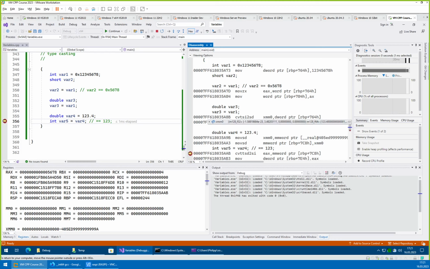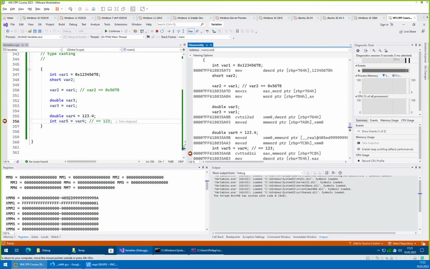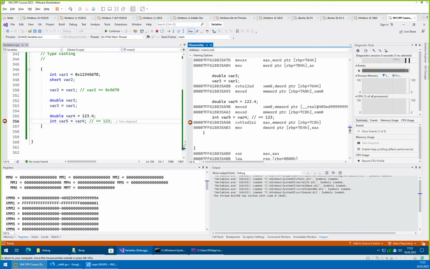You will always use some of these floating point registers to store these values,